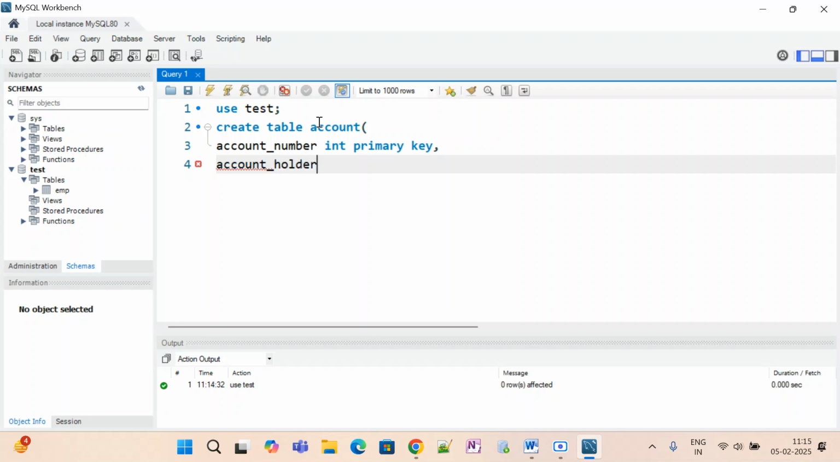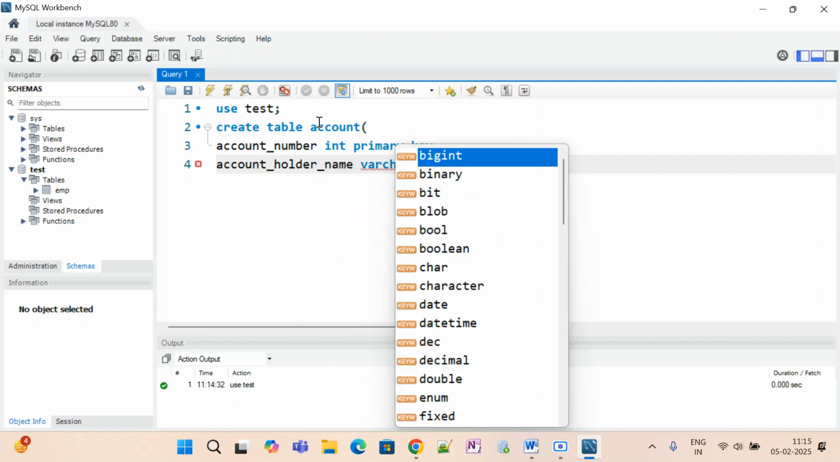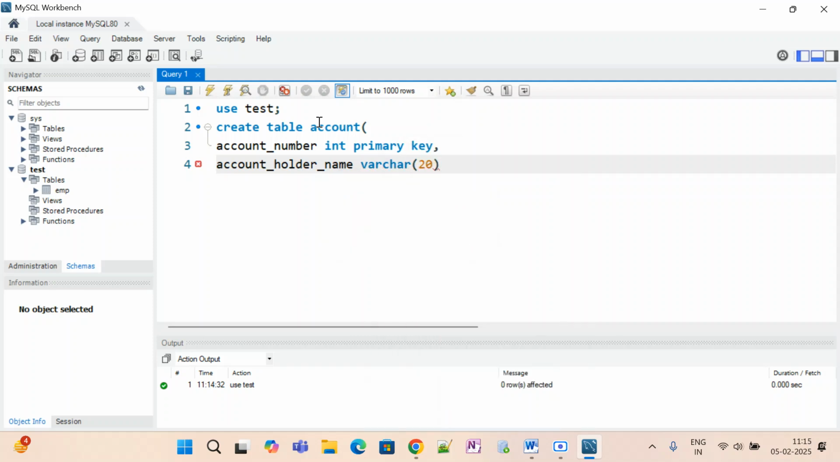Account holder underscore name. So this is my account holder name, which is a varchar, and I'll give the length as 20. The next thing, my third column is the account balance. Account underscore balance. This is my third column, and I'll give the data type as double. Now I'll just close it. So if you want to execute this table, then what you have to do,